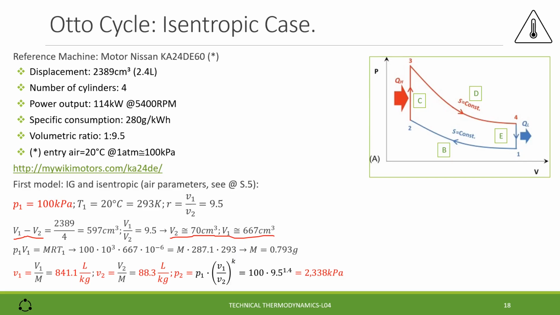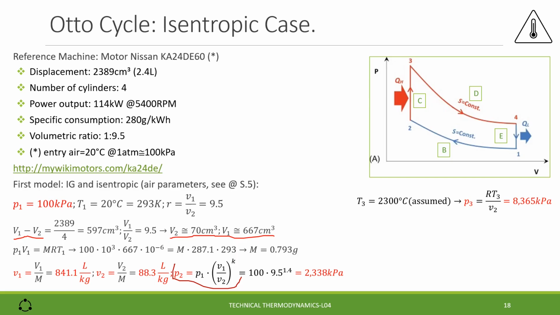We get 841.1 and 88.3 liters per kilogram respectively. The pressure at state 2 we calculate by using the equation of the isentropic transformation. Therefore, P2 is P1 times the volumetric ratio to the power k, and turns into 2338 kilopascal. Assuming the temperature at state 3, the maximum temperature, being 2300 Celsius, we can calculate the pressure of the same state